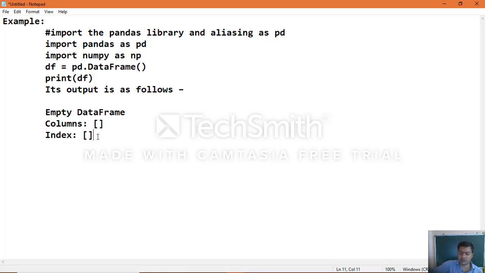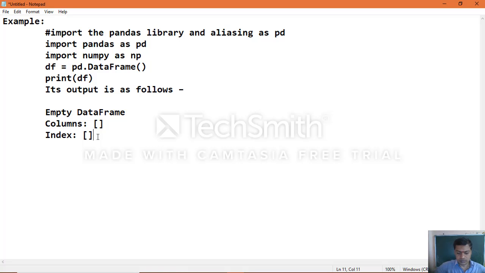We have come up with the syntax of the data frame, that is the constructor, how we can make use of the pandas module data structure, the data frame constructor, and the different parameters of the data frame constructor which we saw. And we saw the example of how we can create an empty data frame.